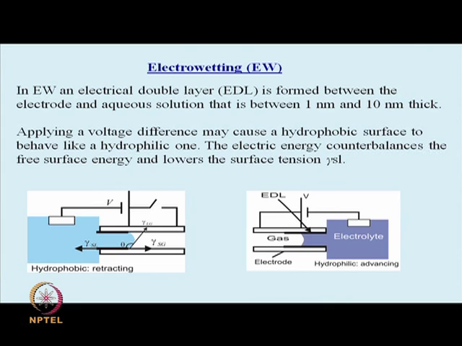Now, towards the middle of this lecture, I will give you some examples of changing the surface energy of a surface by external means, which may not be reversible, which are difficult to maintain. So, the need to have something which is, quote unquote, switchable is extremely important. Can we think of a system in which the nature of the surface changes very quickly to something drastically different? For example, from hydrophobic, can we make the surface hydrophilic, and then when that external effect is taken out of the system, it immediately goes back to its previous state